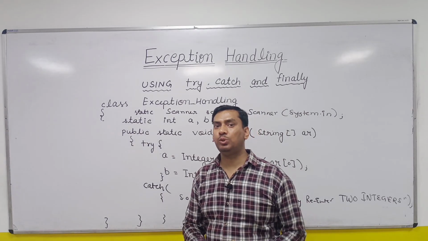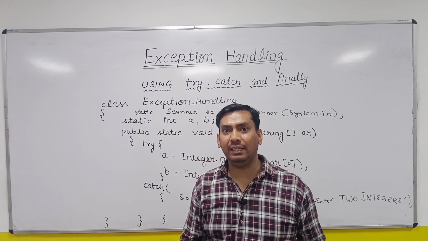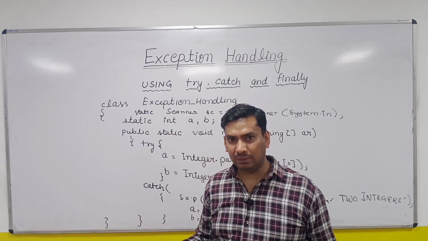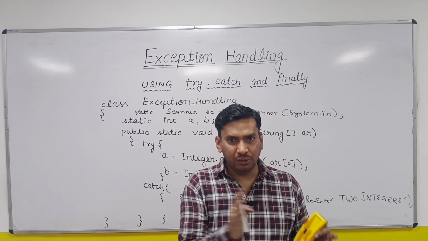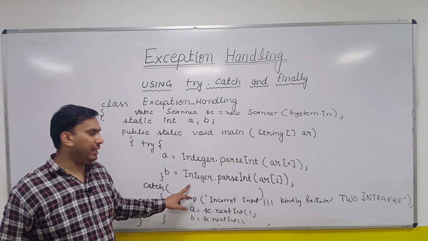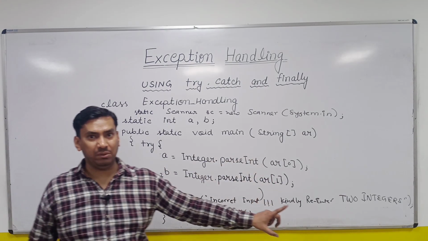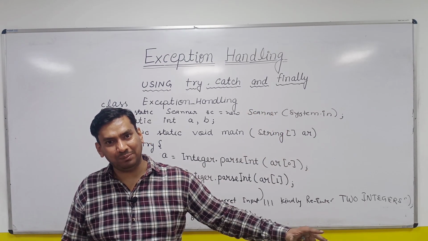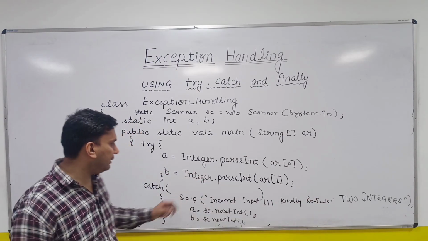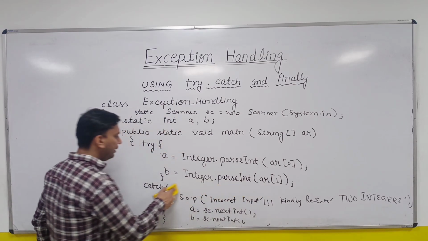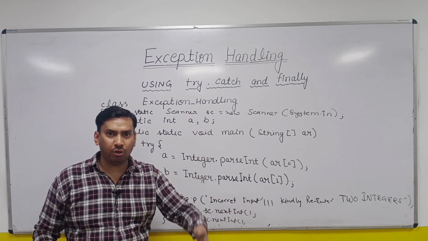So here we have the concept of multi-catch. Multi-catch, in medical science, is like an ENT specialist. An ENT specialist is a doctor who can handle three different types of problems: ear, nose and throat. Same thing here, I am writing a catch block where we can have multiple types of exceptions to be handled. It is not a generalized catch block. Generalized says all types of exception. Multi-catch is saying only the specified multiple types. For example, here I want to handle array index out of bounds as well as number format. So I will mention both of them using the OR operator.